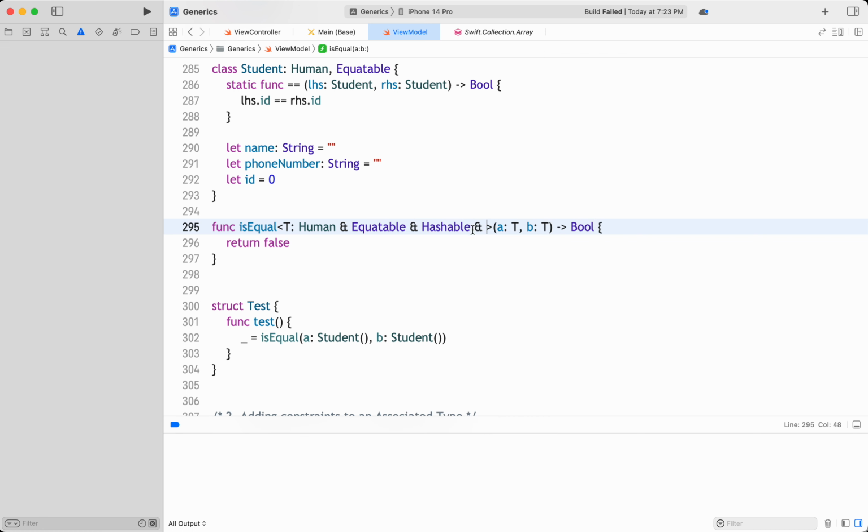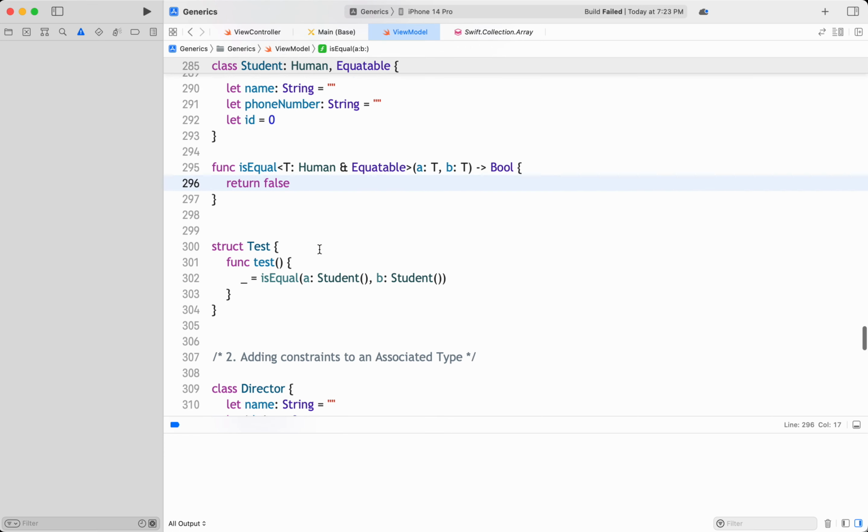Using the AND operator we can write the composition. That means it has to be a class of human or a subclass of human, and it should conform to the Equatable protocol, both. Then only you can use this, correct? So basically like this,